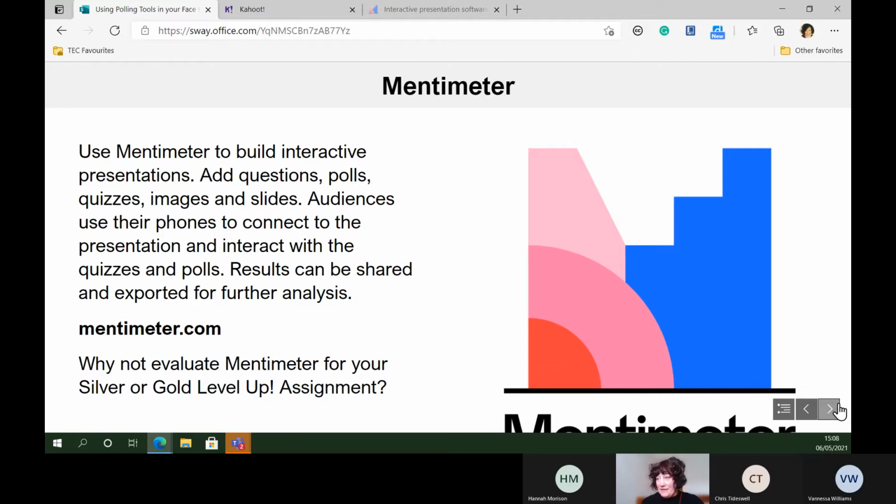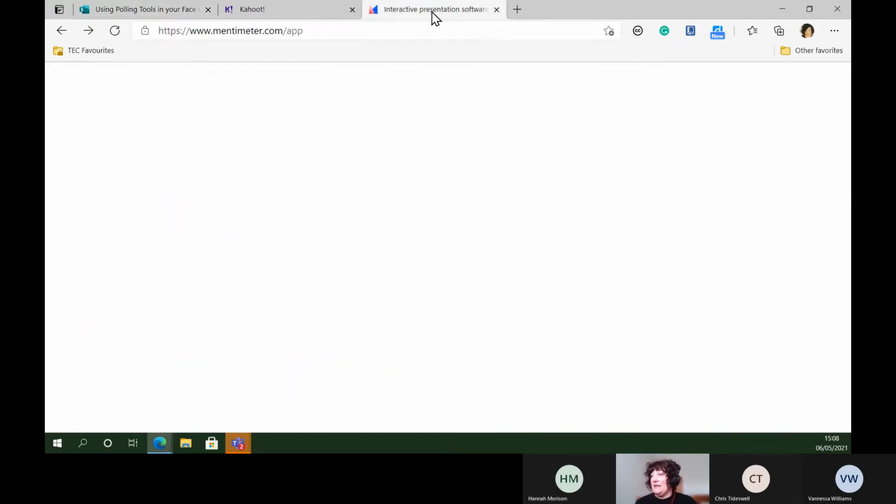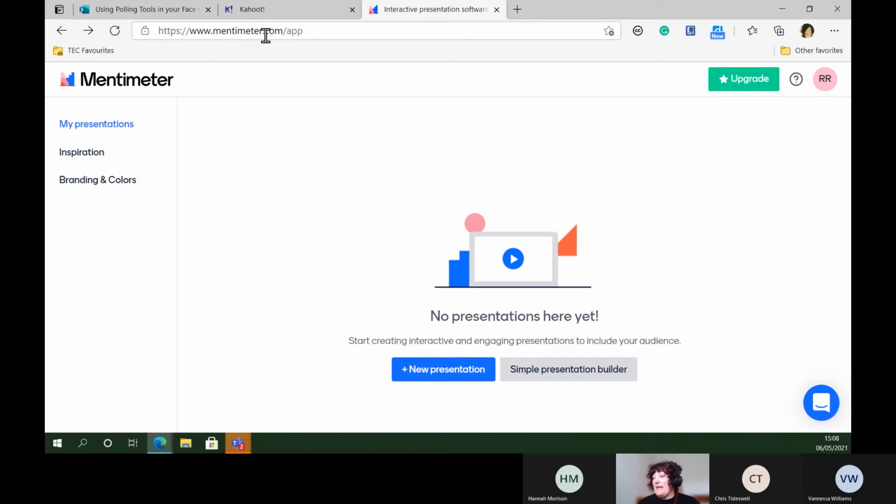Mentimeter. I don't know if you'll have come across this before. Mentimeter you can use to build interactive presentations. So you can use Mentimeter to build an entire presentation, or you can just create 1 or 2 slides to add a little bit of interaction to whatever presentation or class that you're taking at the moment. So if you're creating a Mentimeter, you need to go to mentimeter.com, and then I'm going to create a new presentation,